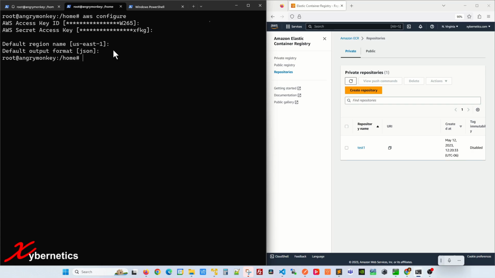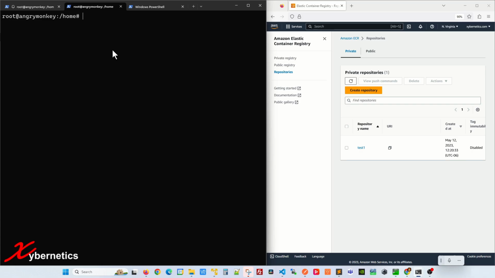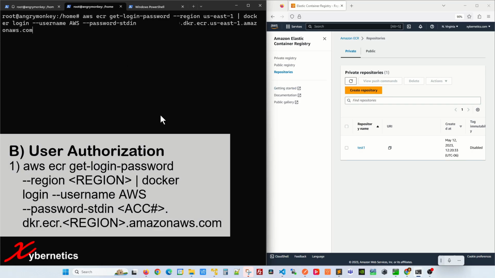Okay, that concludes the installation and configuration part of the CLI. I'm going to clear this up here. Next is the user authorization. You can use this command here, but make sure that you change the following information on this command line. First is the region itself. Mine is US-east-1. Another portion where there's region is over here. So make sure these two are